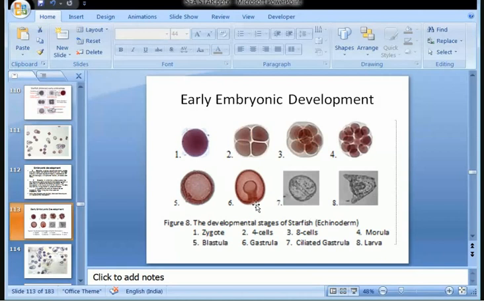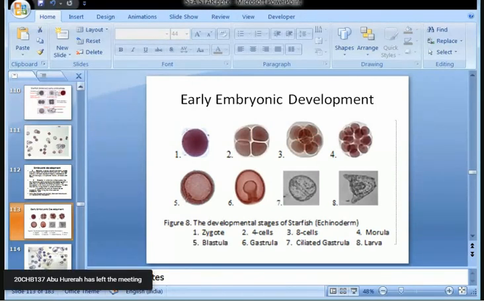I hope you can see this picture. It is visible to you. And then here, this archenteron is formed. So this is the ectoderm and this is the endoderm, and between these two layers, the cells migrate and develop into the mesoderm. Then this structure is ciliated. This is the ciliated gastrula. The development continues, and more and more cells get differentiated and added, and this is the larval form. What type of larvae are formed, we will be discussing in some of the later slides.